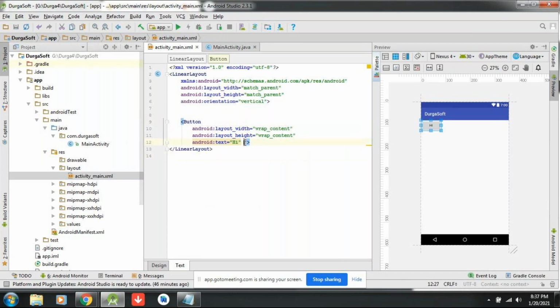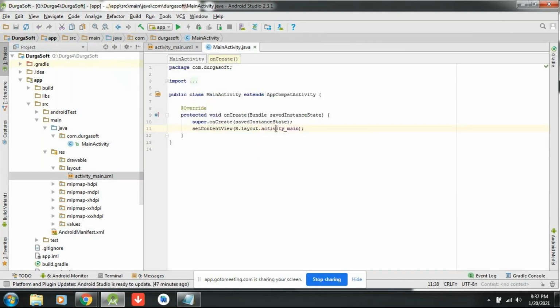Here one extra property I am adding for attribute method purpose. What is the property? It is onClick. In the onClick, you are adding some text. What is this text? Say hi. Okay, now this say hi you have to create in the backend class. Why in the backend class? See this XML, activity_main.xml, that is configured in the main activity. So here you just need to write a method.